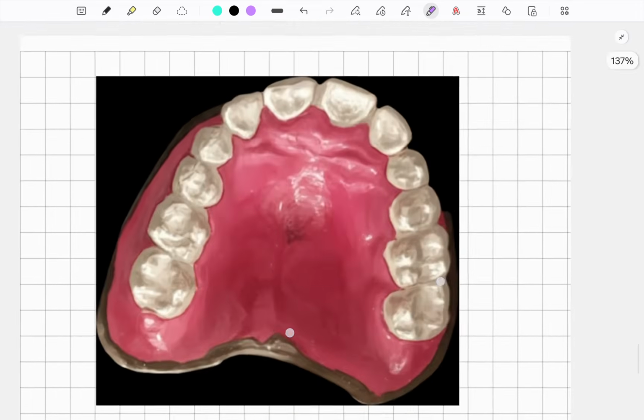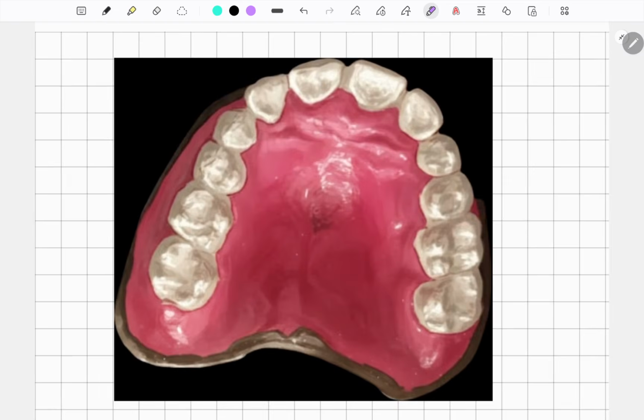Moving on to the next and the last example. First, we will count the number of teeth which are present in each quadrant. 1, 2, 3, 4, 5, 6. 6 teeth are present. That is, it can be a permanent cast also, or it can be a mixed dentition also. So let's see what it is.